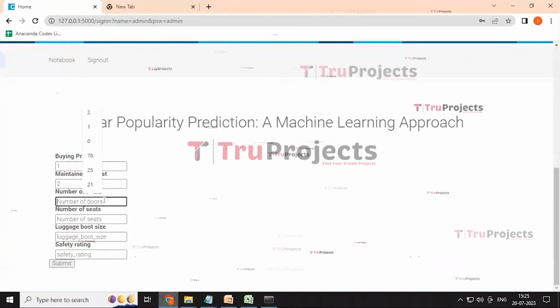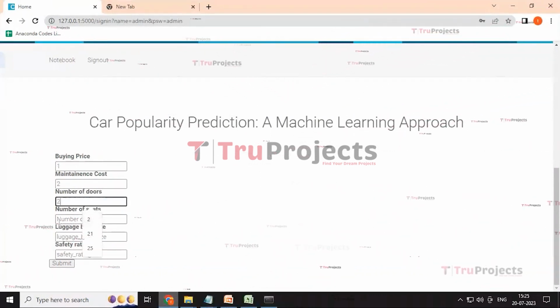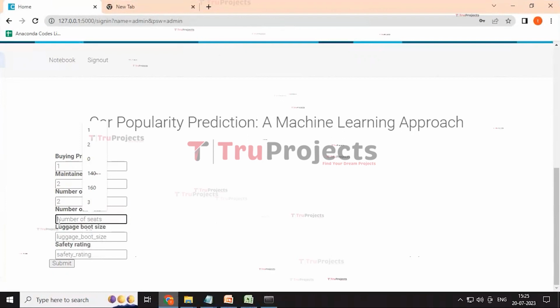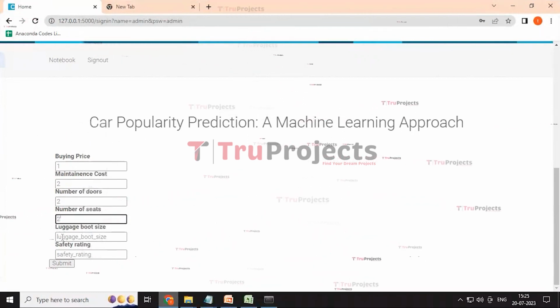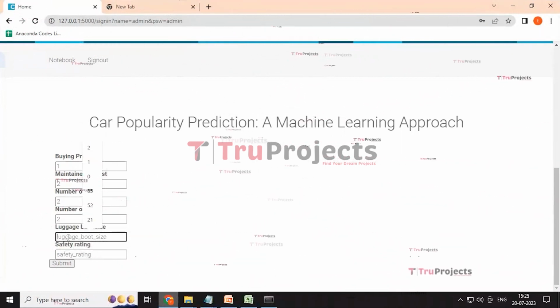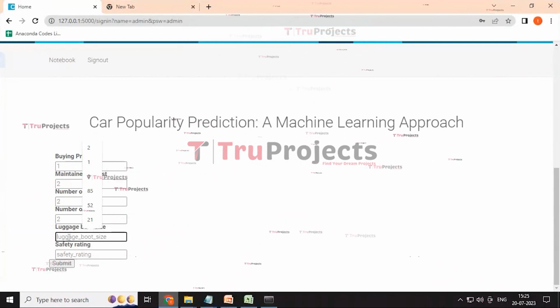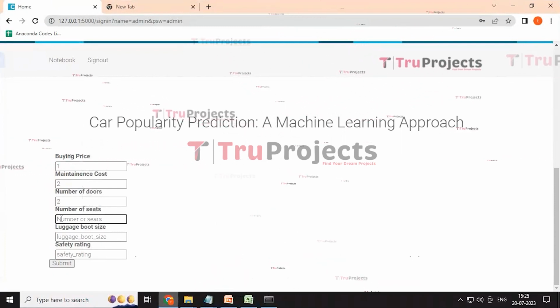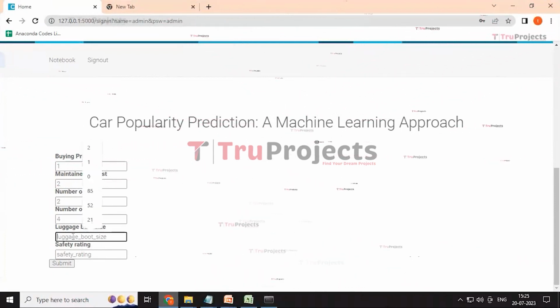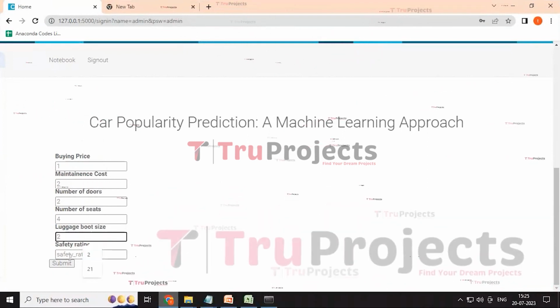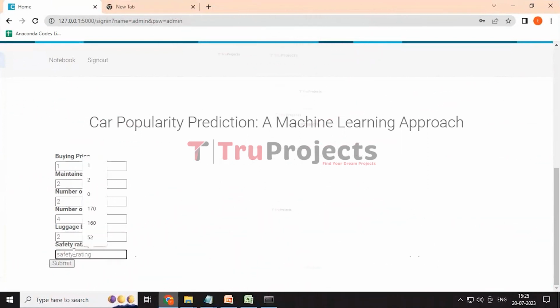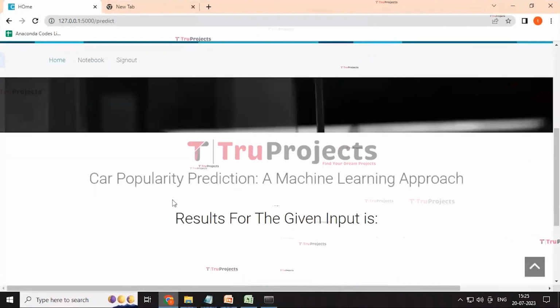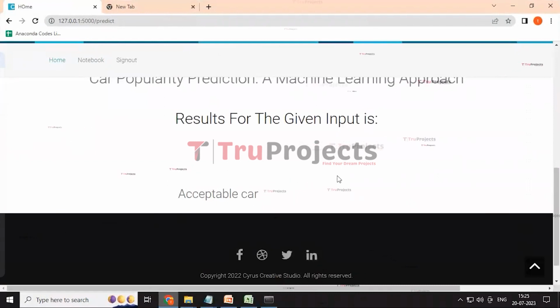The number of doors is 2, the number of seats is 4, the luggage boot size is 2, and the safety rating is 3, and then click on the submit button, and the given input gives an acceptable car.